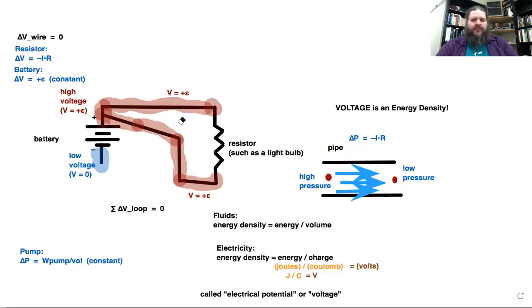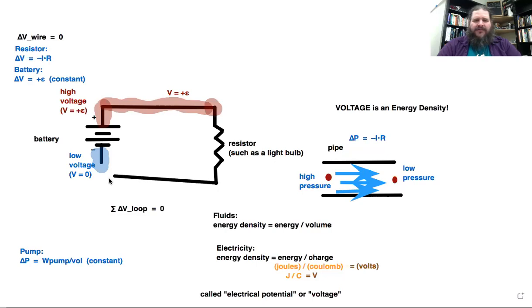So this arrangement, as we saw, does not provide any current at all. But if we rearrange things a bit, how could we set this up so that it will cause current to flow? How would we have to connect things differently? Attach the low voltage end of the battery to the resistor. Yeah, if we take the other end of the light bulb and attach it to specifically the negative terminal of the battery,